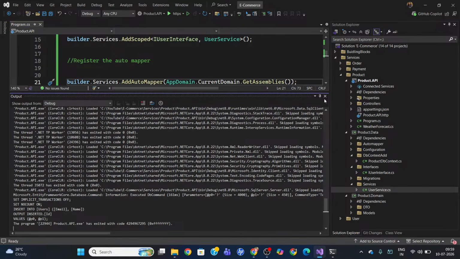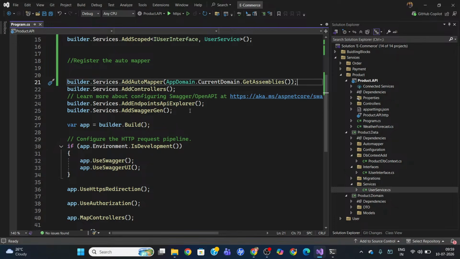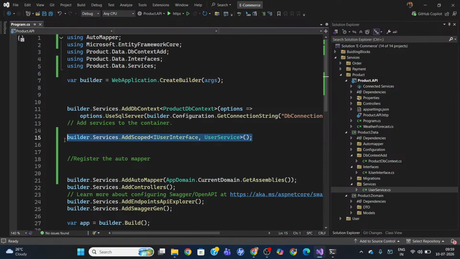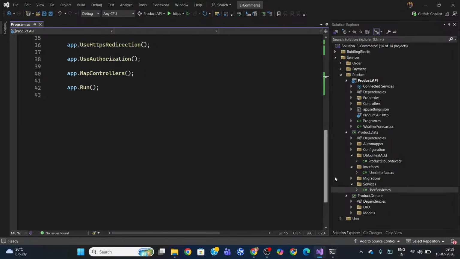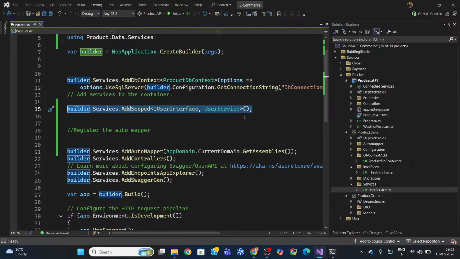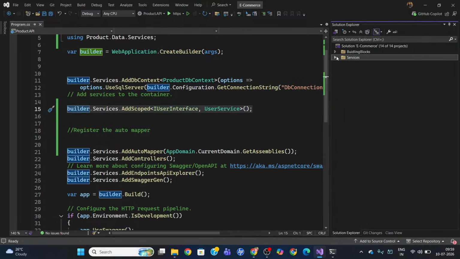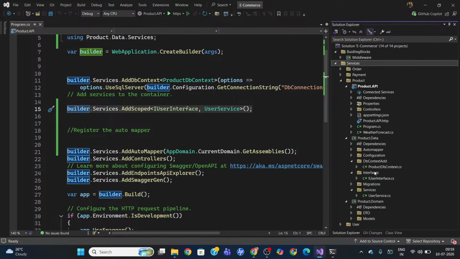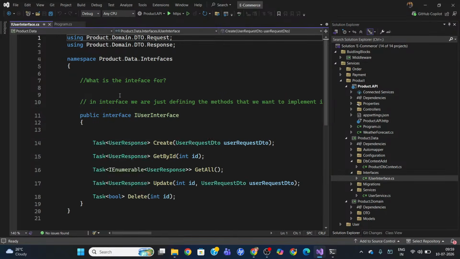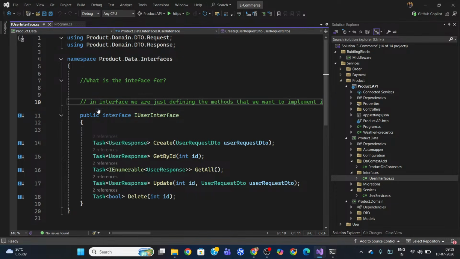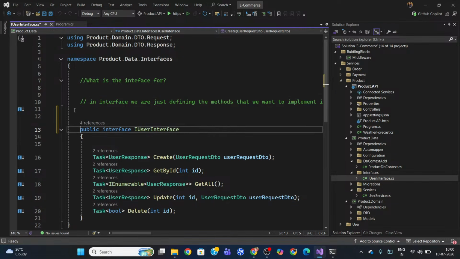Next thing is we can do some improvement here. For example, every time you need to register this service. For example, if you have 1,000 interfaces and 1,000 services, that's very difficult to manage here, and this file becomes very long to handle. So to resolve this, we can create some common code here. So we don't need to register every time. We can add just a simple attribute here. So we will write some custom code. For example, here we can use it for this dependency injection for the